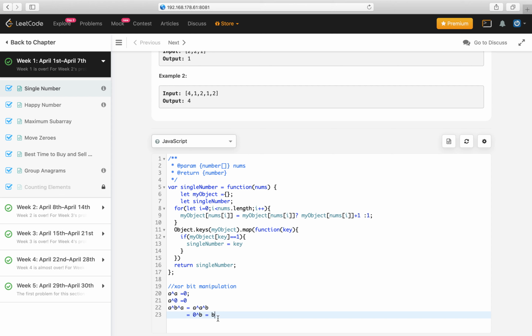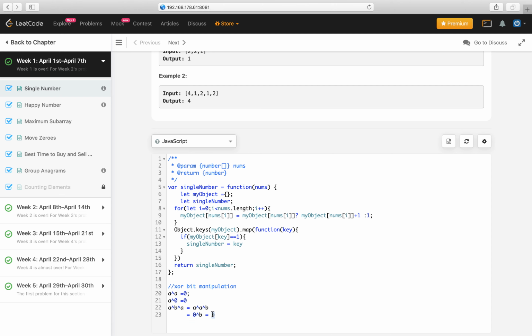We need to apply this to get the single number out of this array. The way it will work is we will loop through the nums, and because of this property of XOR, we will XOR all the elements together. The elements which are not single will give a result of 0, and the only number which is single will come out as the answer.